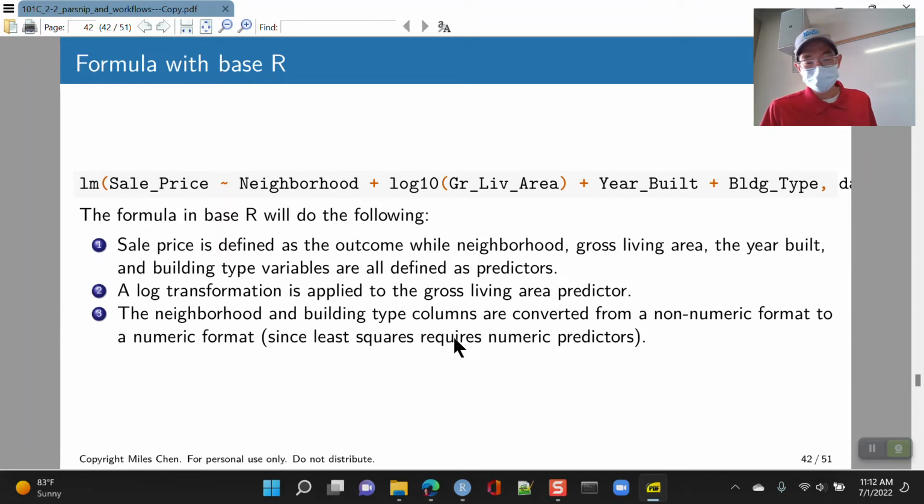Okay. Oh, this got cut off, but if we want the traditional way, we would write a formula. And we'd say predict sale price based on the neighborhood. Maybe take the square footage and do a log transformation on it. Take the year built, and then also deal with the building type. Okay, and what this formula does with R, and this all happens in base R,